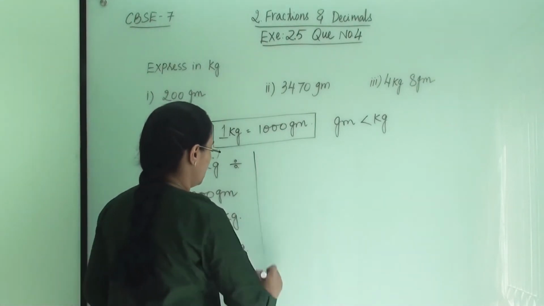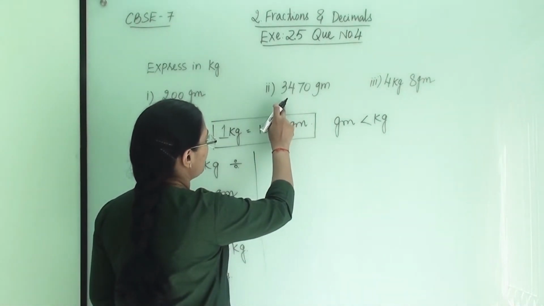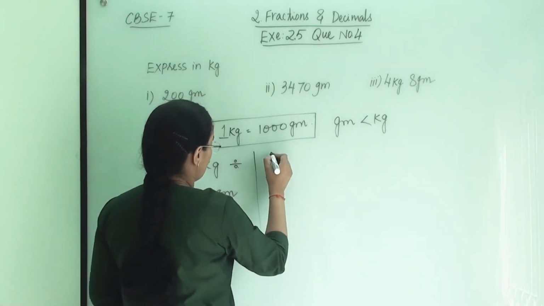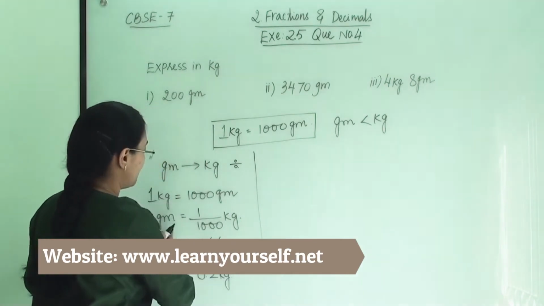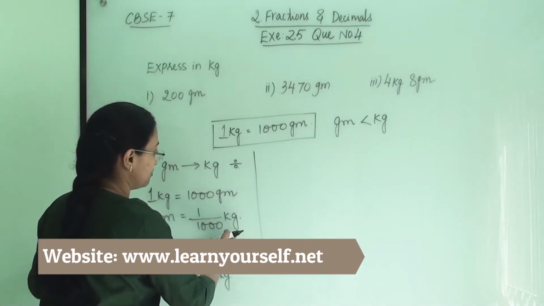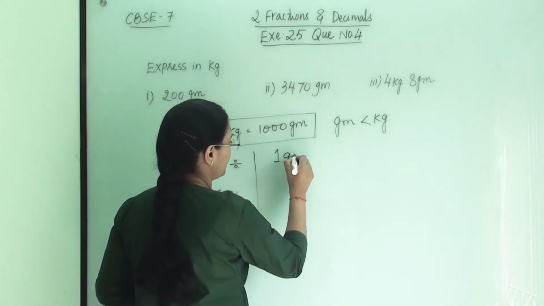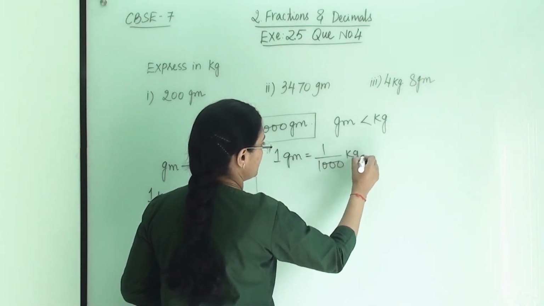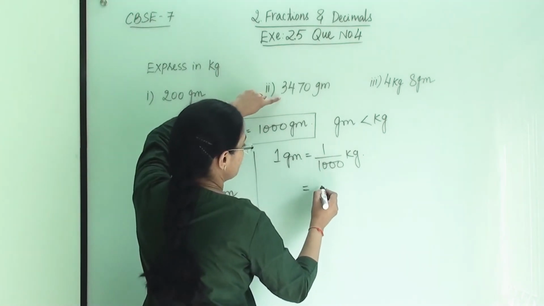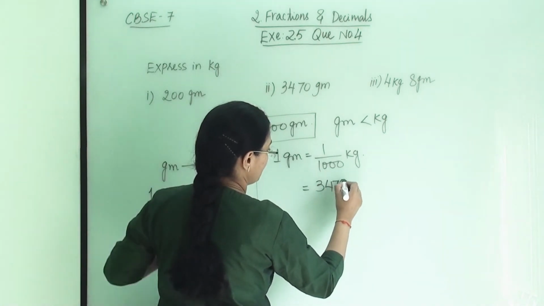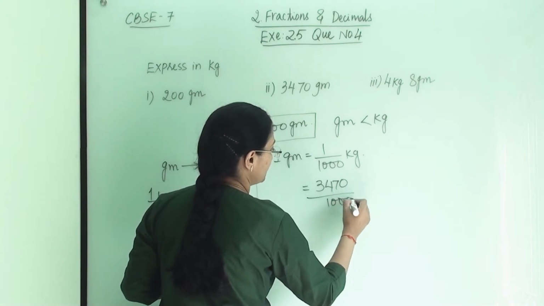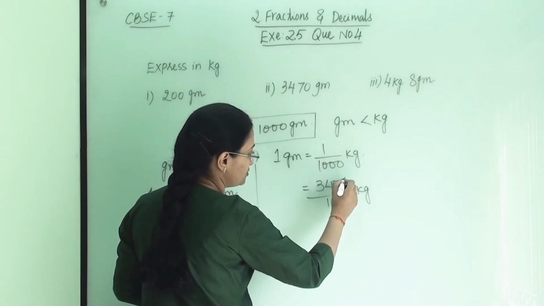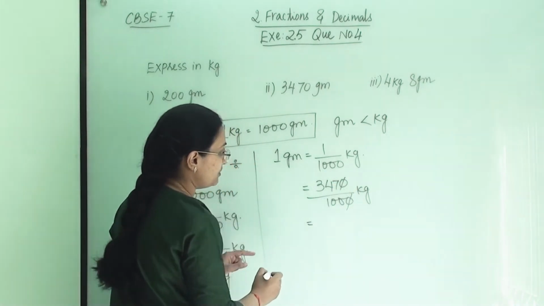Now let us talk about the second one, that is 3470 gram. The conversion factor is 1 gram equals 1 divided by 1000 kg. So here this gram we have, 3470, we are going to divide by 1000 so we can convert it into kg. Now 0, 0 we can cut and we will get here